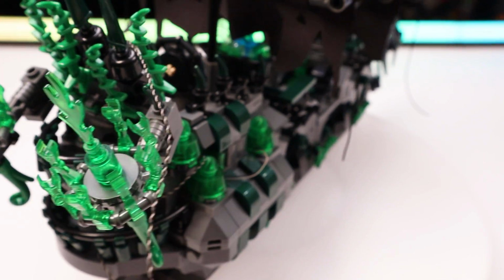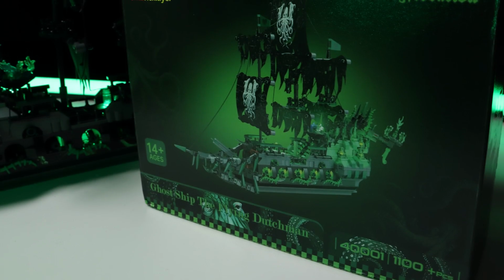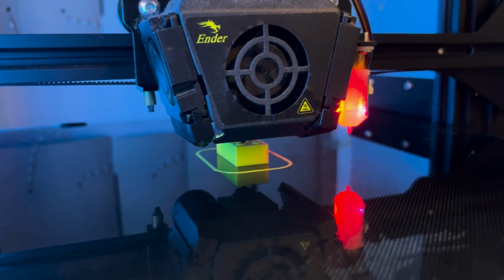This ain't your granddad's Lego. This is a modern alternative brick. This is your reminder to not sleep on alt brands. They might just be the perfect mix of quality and affordability. We will come back to the 3D printing Lego content in the coming weeks, but for today, let's take a